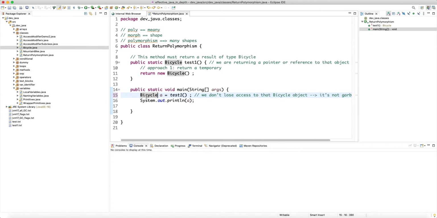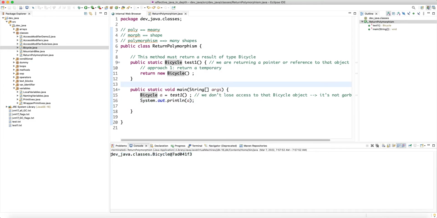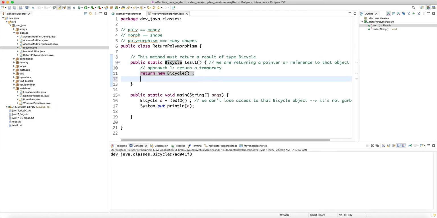Now for local variables, obviously var has been a welcome addition to the programming syntax because you don't need to write the types, right? All right, and let's run this, and this code works fine. It just prints the default toString implementation of the object class because bicycle inherits from object. Now approach 2